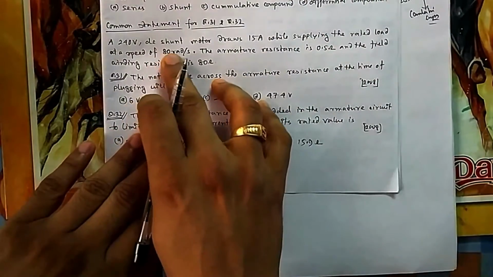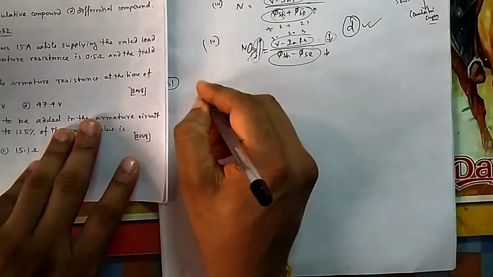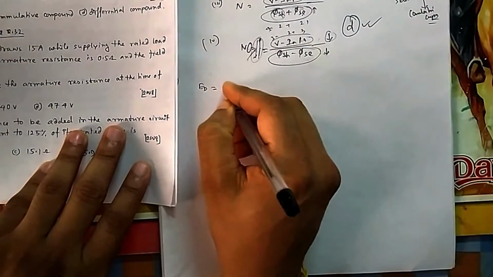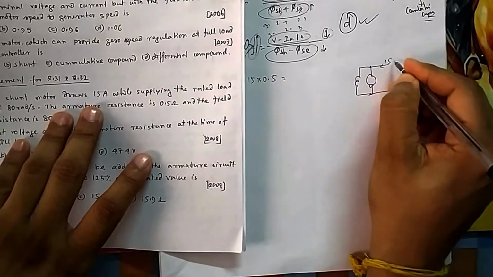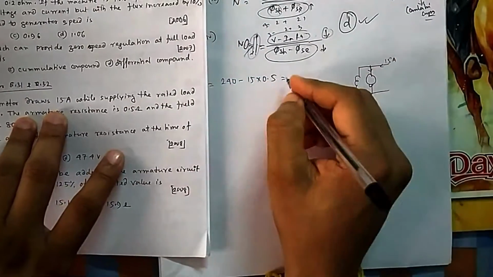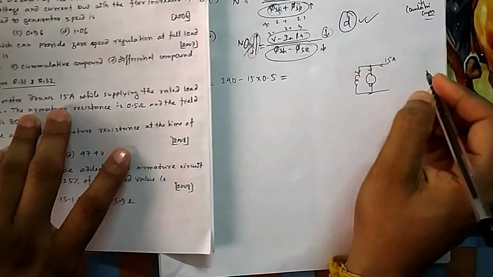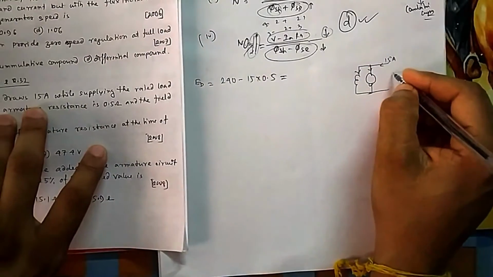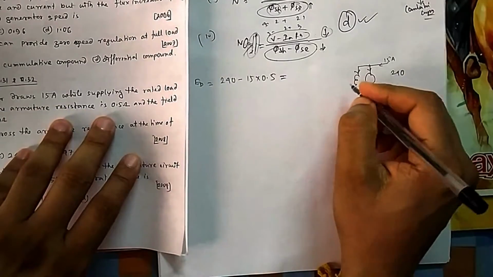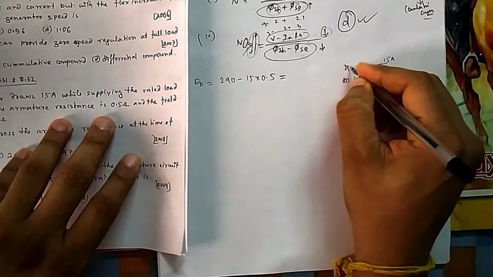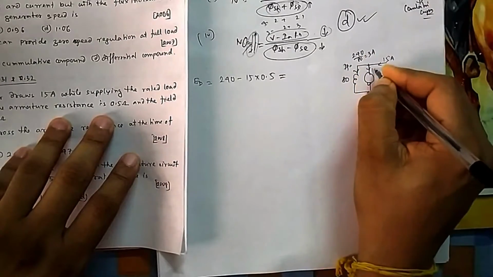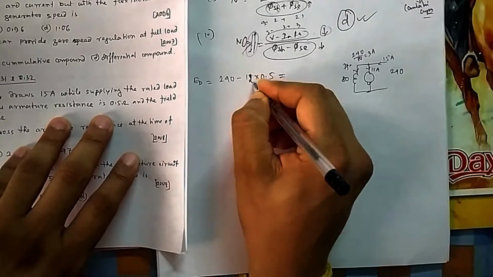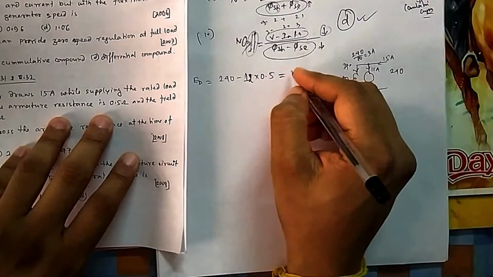So during normal running, when it was running at a speed of 80 radian per second, your EB was V minus Ia Ra, as this was a shunt motor. It is drawing 15 ampere, so armature current is not 15; from this you subtract the field current. So what is your IF? Because supply voltage is 240 and field resistance they have given is 80, your IF will be equal to 240 by 80, that is 3 ampere. So here the armature current is 12 ampere, so it will be 12 into 0.5. So your EB will be equal to 234.